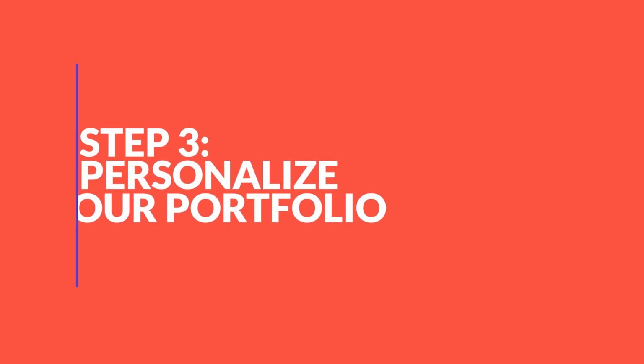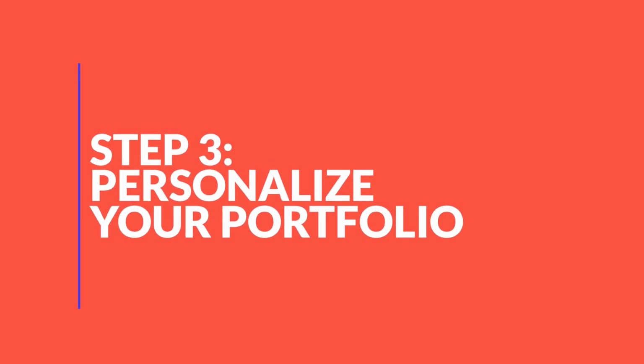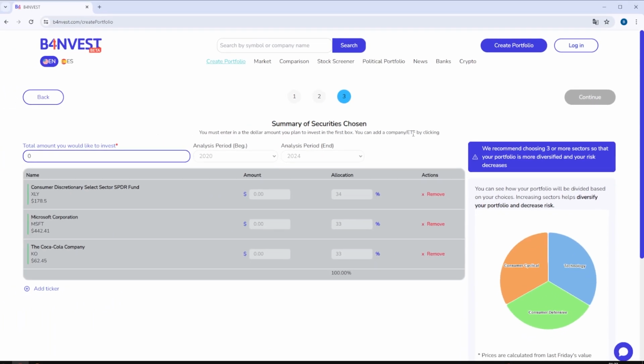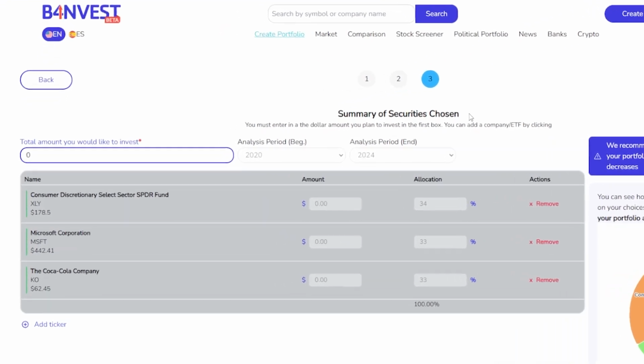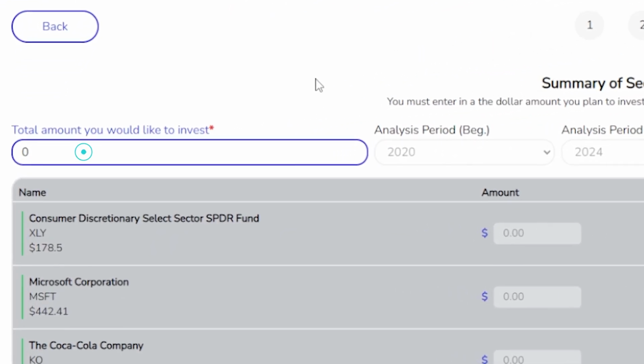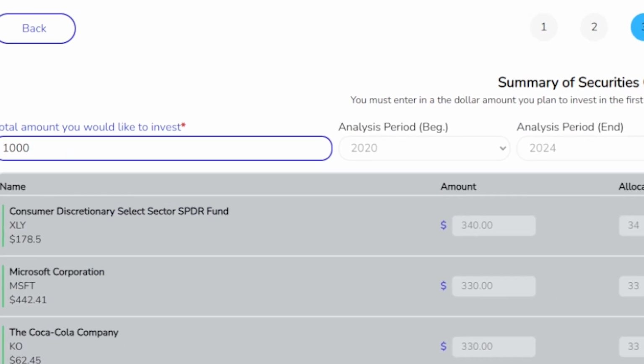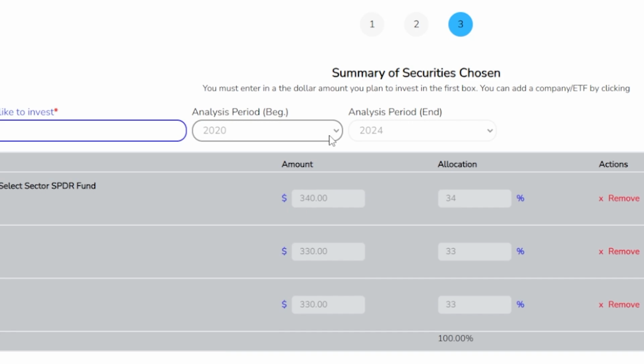Step 3. Personalize your portfolio. After selecting the stocks you want to invest in, it's time to personalize and configure your portfolio. First, enter the amount in dollars you plan to invest in your portfolio in the top left box. Next, you can select the analysis period for the chosen stocks. We recommend leaving the default period of 4